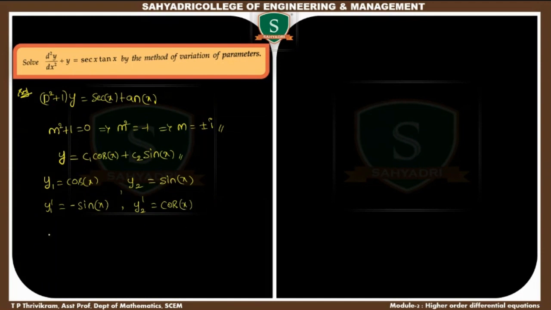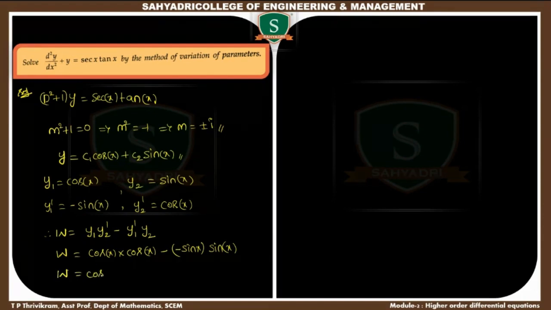Therefore the Wronskian W is equal to y1 y2 dash minus y1 dash y2. So W is equal to y1, which is cos x, into cos x, minus y1 dash, which is minus sin x, into sin x. So W is equal to cos square x plus sin square x. Therefore the Wronskian value is 1. Once we find the Wronskian,